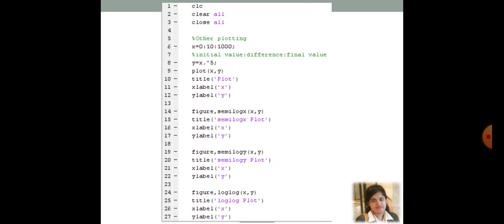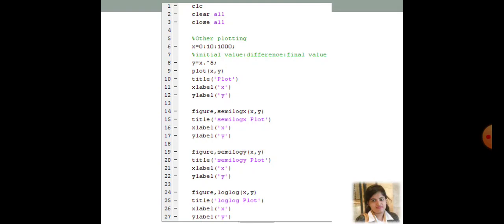So our criterion has now changed: I am going to say what the initial value is, what the final value is, and what the distance between each element is. What I am not mentioning is how many elements will be created. In that scenario I can use the syntax given in line number 6.